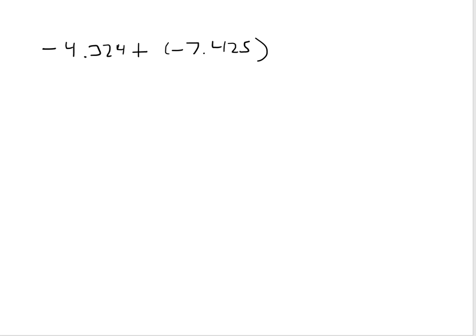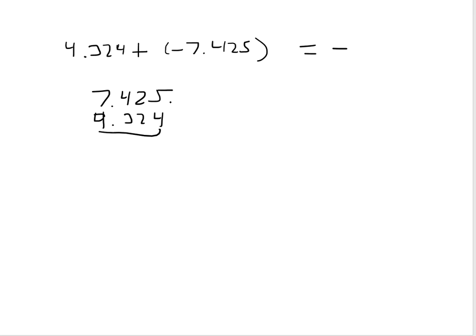Okay, I wrote this down wrong. This is not owing. Okay, this was having 4.324 and owing negative 7.425. So in this one, when you combine these, you're going to end up owing because your owing amount is more than your having amount. And to figure out how much, you take these two numbers